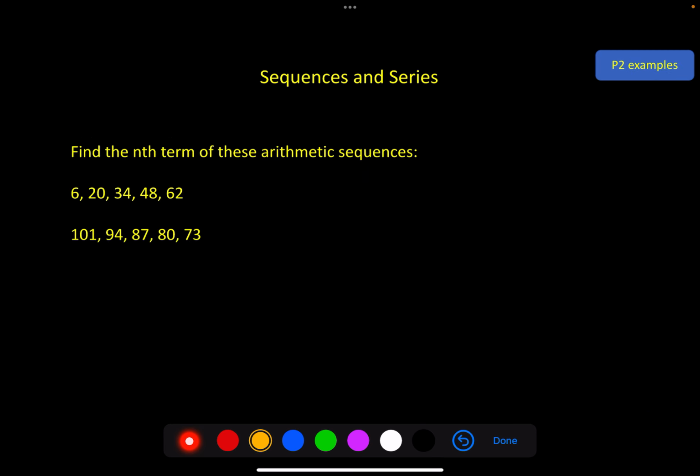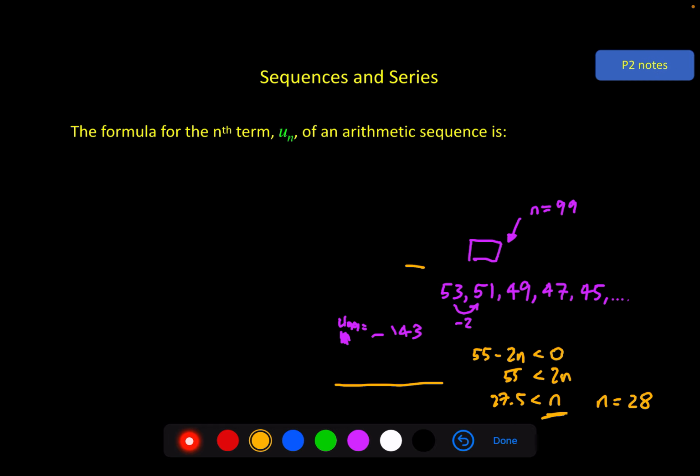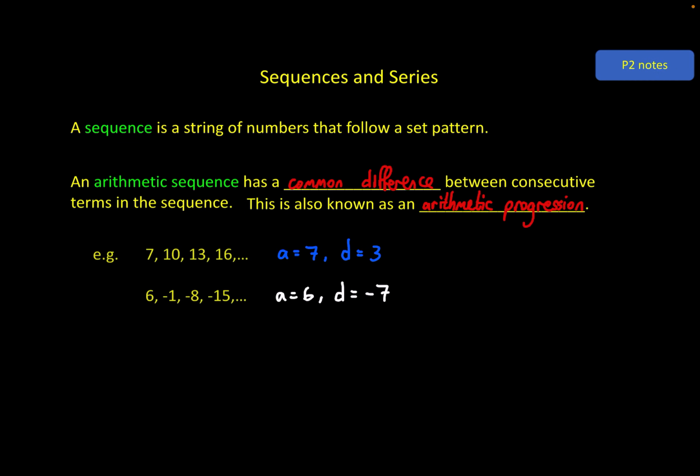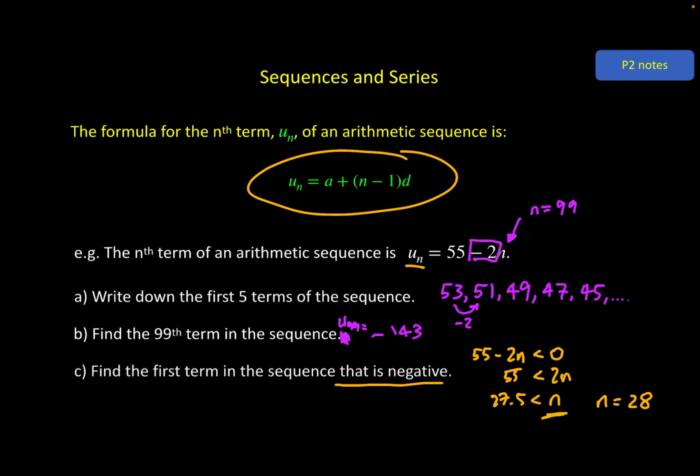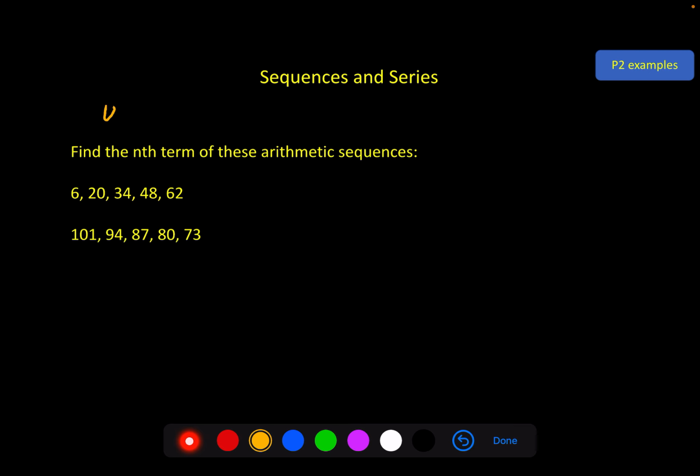Okay, nth term of these arithmetic sequences. Using this formula here, we'll just skip past this formula to create the nth term of these sequences. So let me write that here. Un is equal to a plus n minus 1 d. And just using that, we can go straight ahead. Un is equal to a, in this case 6,